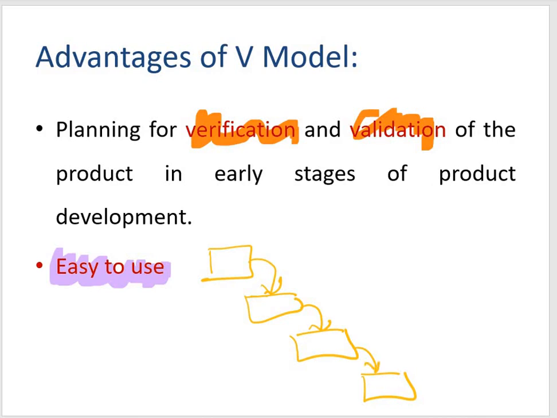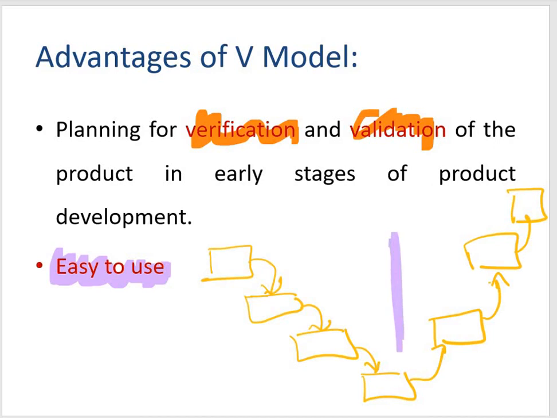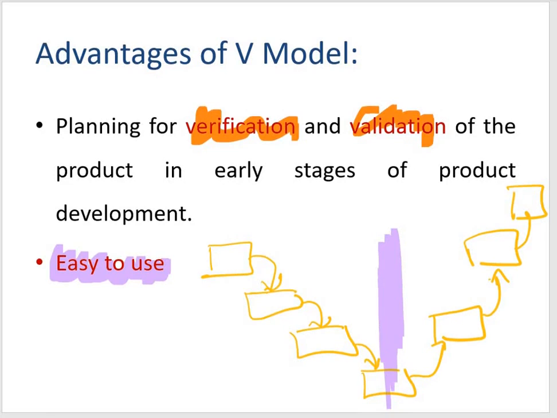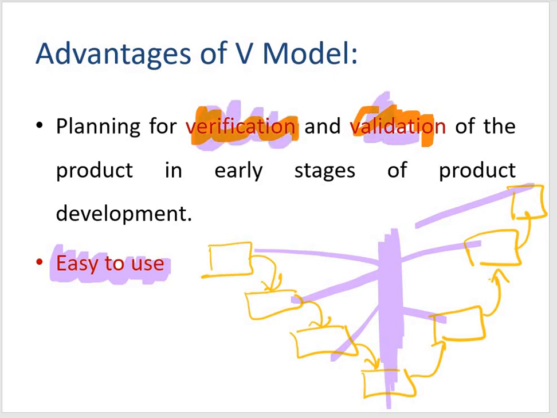And of course, looking at the simplicity, it is very easy to use, because your waterfall model was something like this, right? And in case of the V model, it is something like this. So once again, a very simple structure. On top of it, we have several phases here in order to emphasize parallelism, right? So that particular part is taken care of.